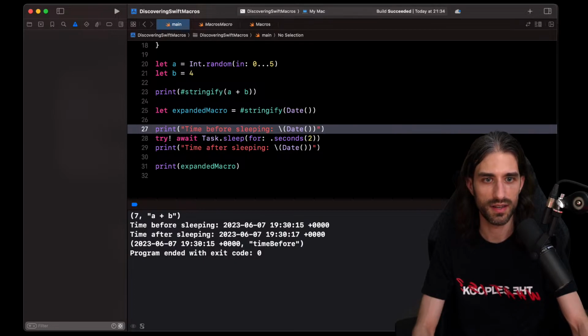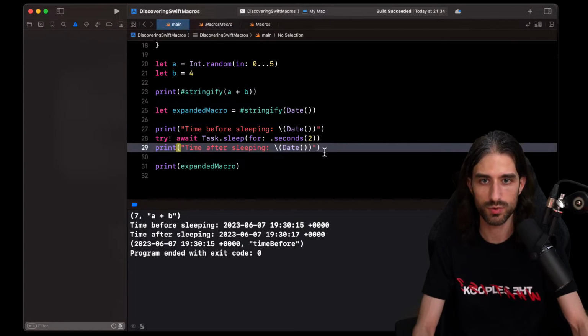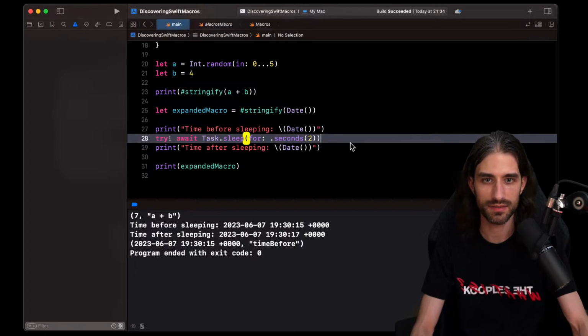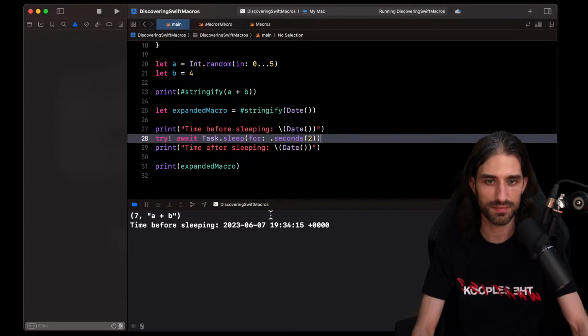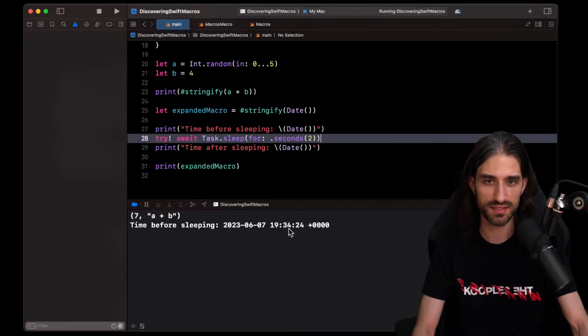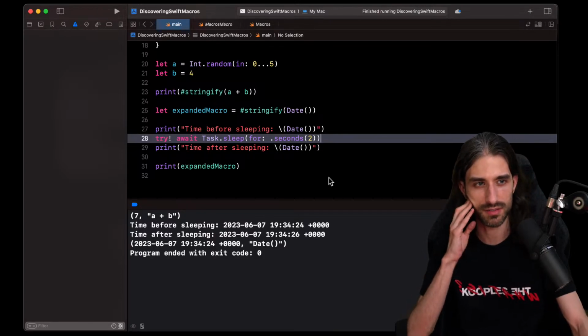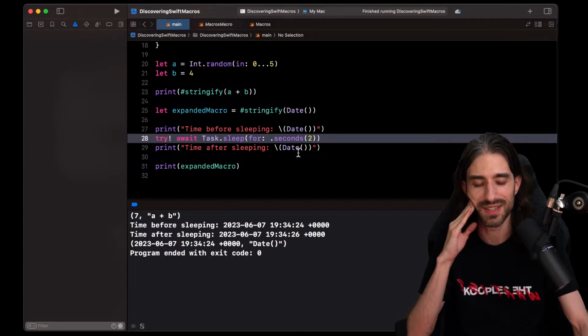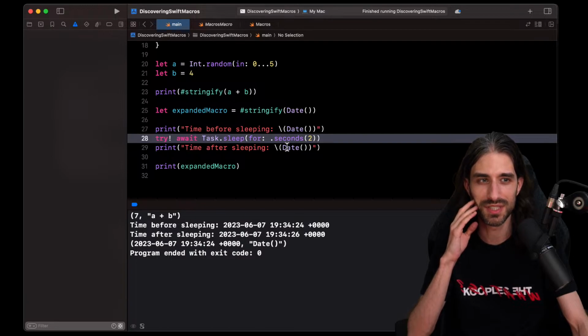Okay, so it's 9:34 for me, and so I'm going to build my code. So I've built my code at 9:34. If I run it, it's going to say, because of the time difference, but it says 34. And if I keep running it, we can see that the time does increment. So it's definitely not evaluated at compile time. It was much easier to actually see this than this whole weird experiment I was putting together.